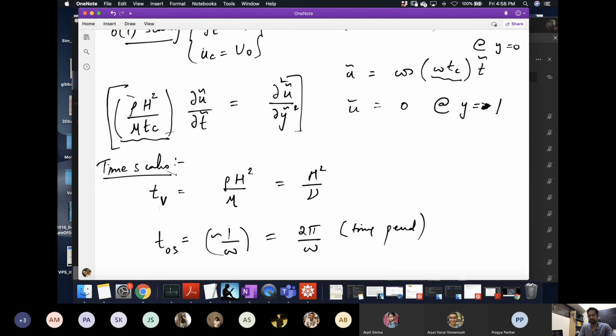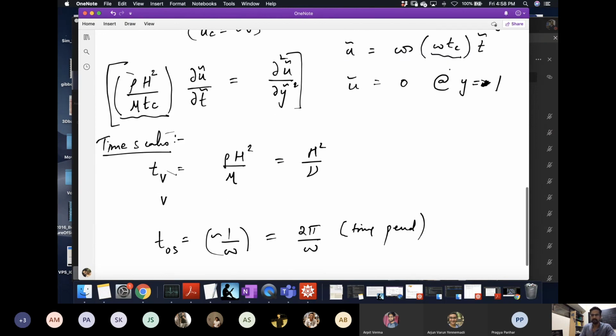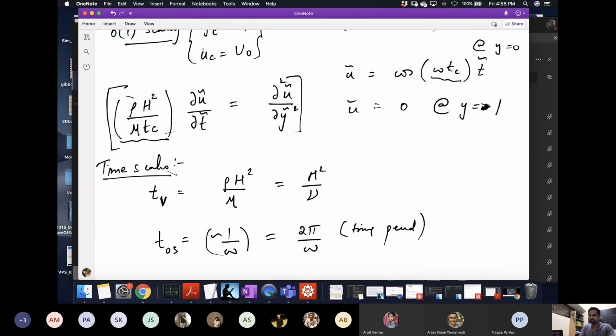In other words, I'm saying that the influence of time is coming in only through the cilia, and I want to study the problem at that time period. I'm not interested in things much longer than that or much shorter than that. So the timescale I want to determine from the imposed cilia driving, and I want to see how far that cilia driving is going to affect the fluid.